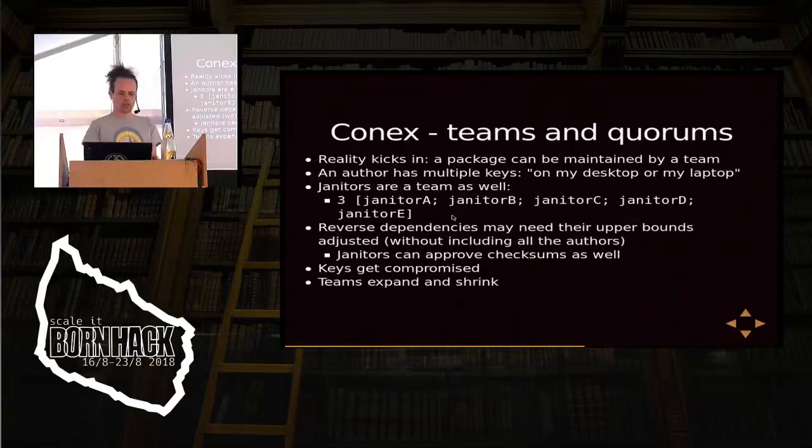So if someone releases their library and it is depended on by a lot of other libraries, and now they release a new version which breaks the API, but didn't tell that up front, then we may have to fix up a lot of other packages to introduce a new upper version bound,